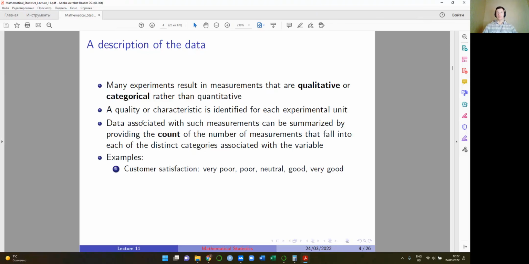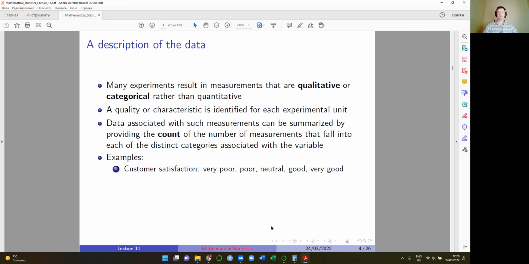And for every customer, we write down the response, right? So customer 1 responded that he evaluates the quality or his satisfaction with our services good. Second customer, very good. Third customer, poor. Fourth, and so on. So we have a table, the list of 100 responses, and all those responses are words